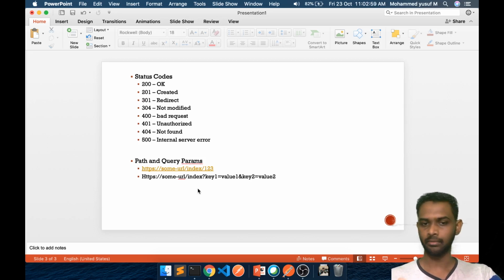So in some URLs you might see a slash and then some string. Here in this case this 1 2 3 could be a parameter that can be changed. And in some cases you will see a question mark, then a key value pair with an equal to sign. This we call a query parameter. These things will be available as part of the request, and the server can parse the data, use it for calculation, and respond with the data. Okay, now let's look into some demo so that we'll be very familiar with this.